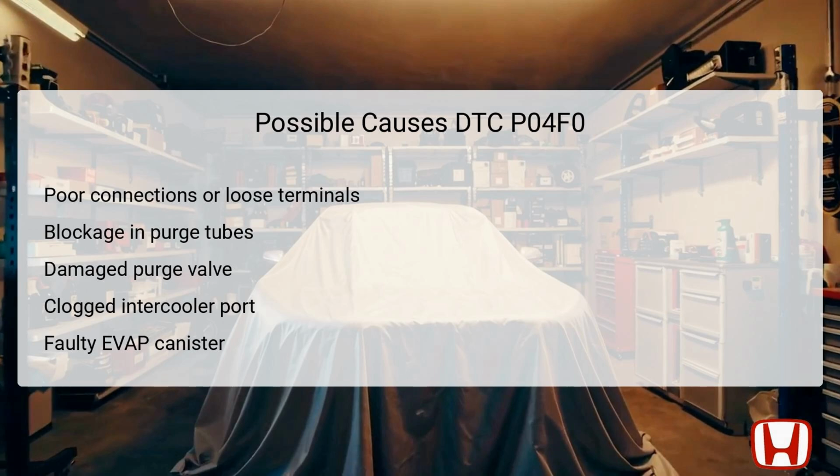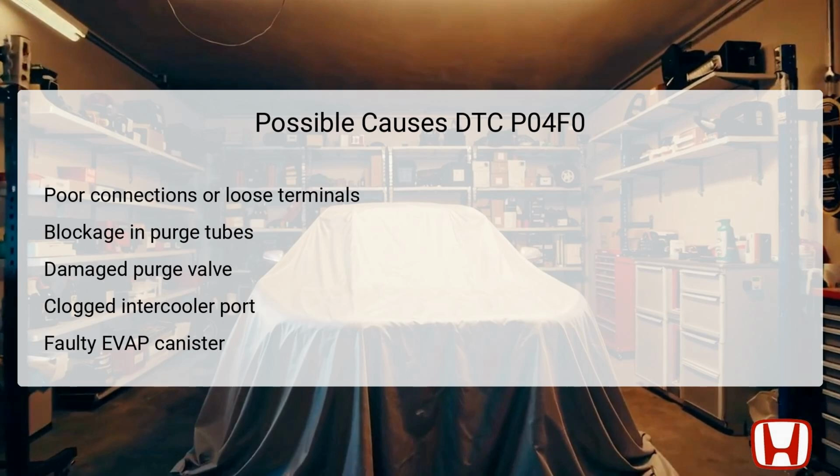A damaged purge valve may fail to open or close correctly, resulting in incorrect purge flow. The intercooler outlet can also accumulate debris or become clogged, further affecting vapor flow. Lastly, a malfunctioning EVAP canister that has internally collapsed or degraded can fail to store vapors as intended, contributing to